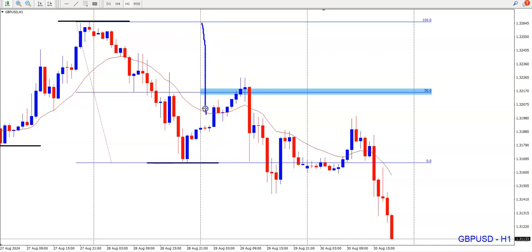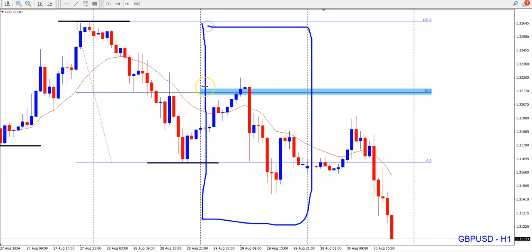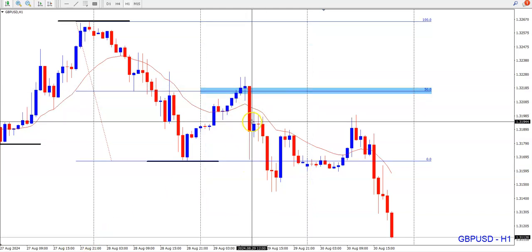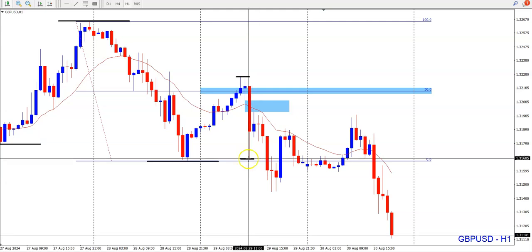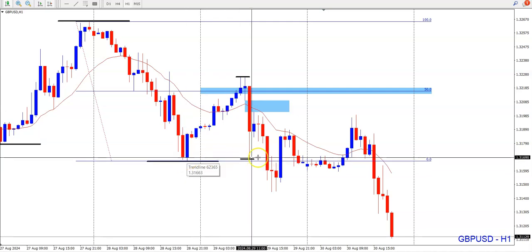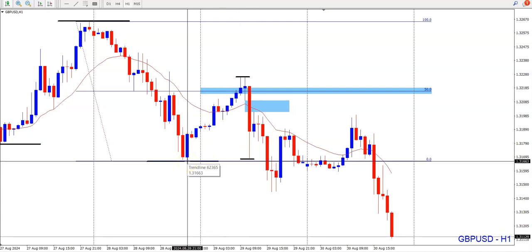So do we have a possible structure shift here on the 1-hourly? Yes, because just by looking at this window, 29th of August, what do we see? In the Asian session, the market was pushing to the upside, and then we had a nice breakout to the downside. Price broke these short-term lows here, and on the breakout to the downside, between the first, second and third candle, we have displacement. We have the high of the day here, market pushed to the downside, and what is interesting and very important here is that this low didn't touch and didn't break the low of the day